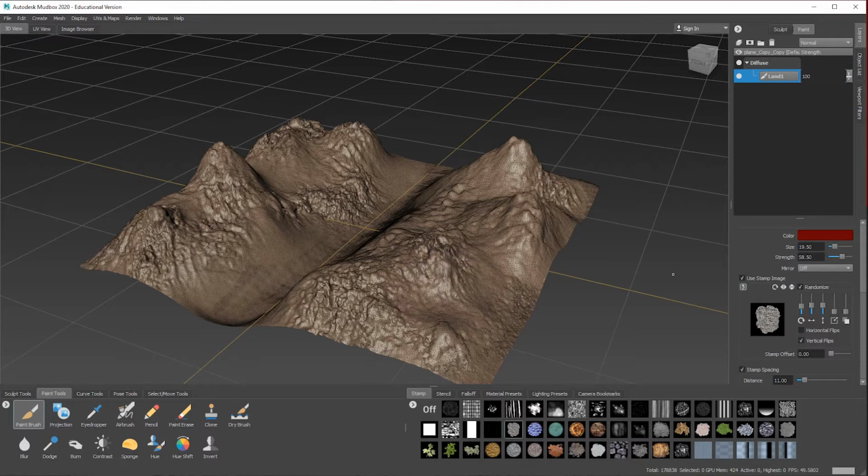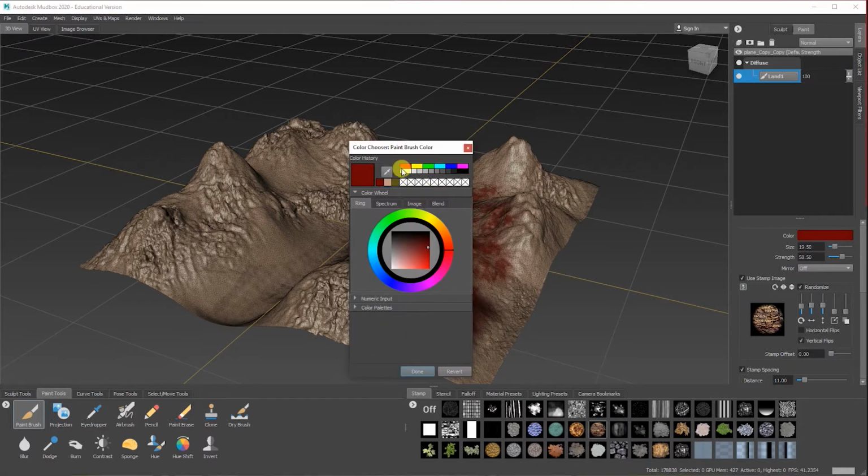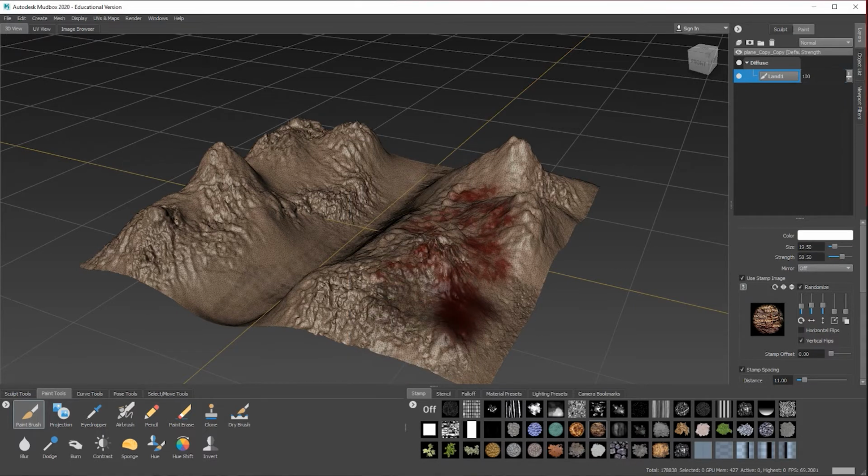Oops, sorry, wrong one. Make sure that's on, and it starts painting. But obviously it's going to use the colour that you've got it on. If you go back to white, what white does is make it its original colour, unless the stamp's off and it'll be white. But yeah, it's not hard at all.